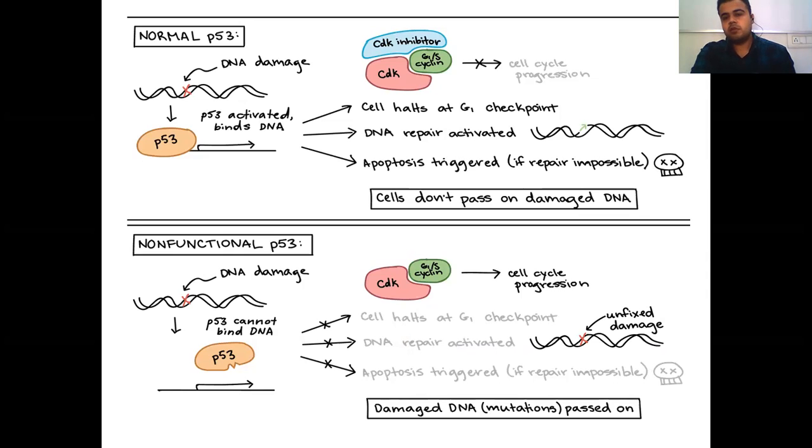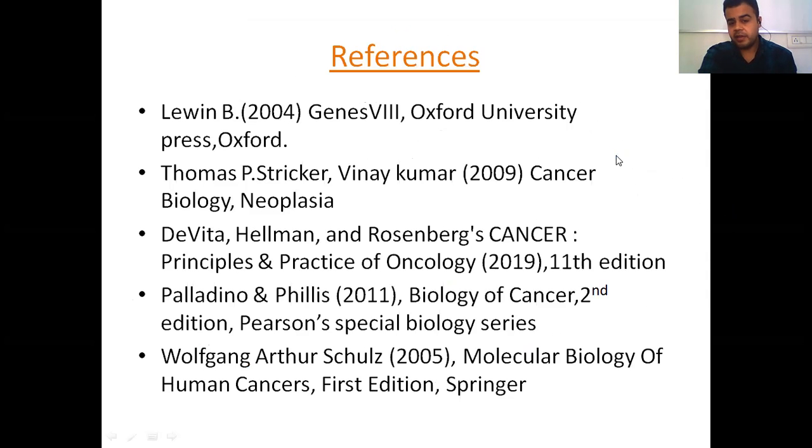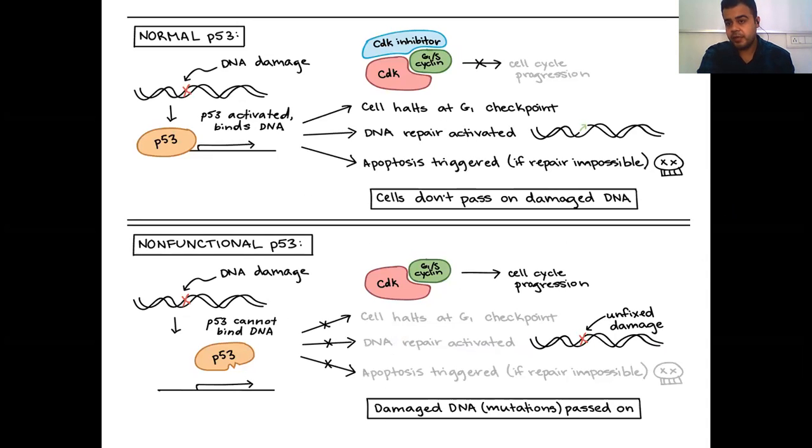From the topics which we have discussed till now, the most important part is the role of P53, loss of function mutation, gain of function mutation. Tumor suppressor genes are most important from this. Here are my references. Here we end the first lecture of the cancer topic, and I'll see you in the second lecture of the cancer, which will cover the remaining parts of the cancer unit from the NAT syllabus.